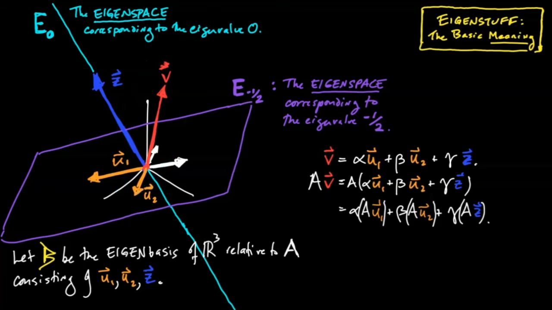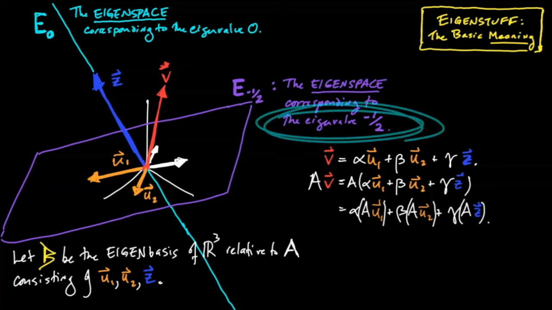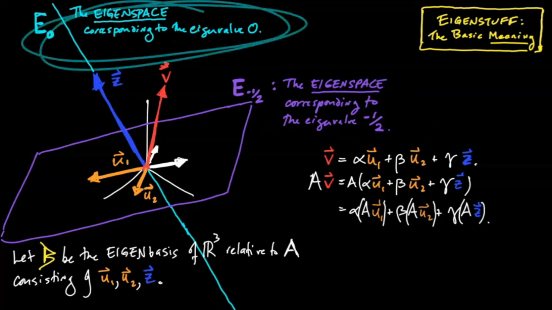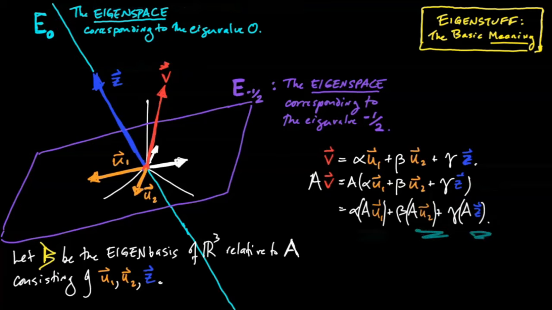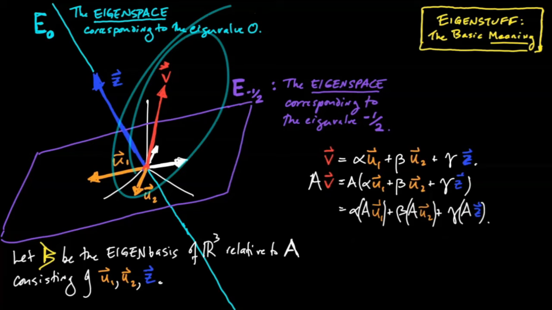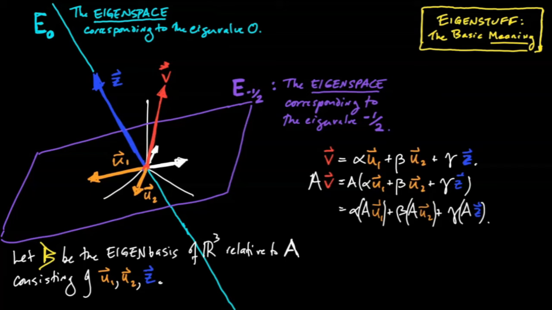But its components are being scaled in different ways. Its u1 and u2 components are getting scaled by minus 1/2 when they get hit with A. But its z component is getting scaled by 0. So since the components are being scaled by different values, the vector is getting jerked around in different ways. So it gets pulled off the line on which it lies. And we don't end up with just a plain old stretched version of it. It's as if along two axes of our basis, vectors get stretched by minus 1/2, but along the third axis, it ruins that simple stretch because vectors get stretched by 0. In other words, they get killed.